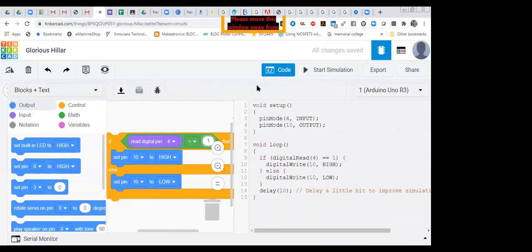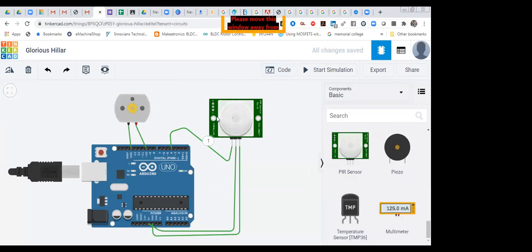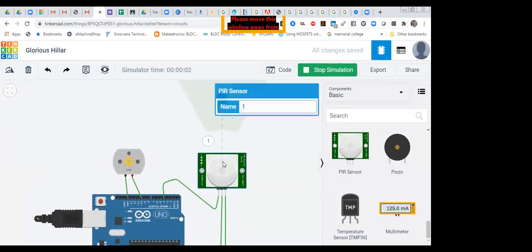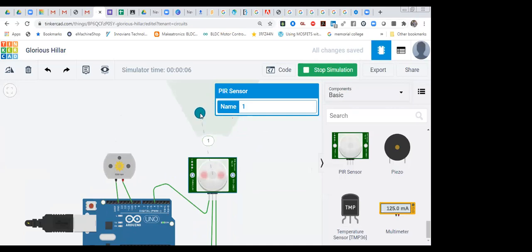So when the sensor value is high, then only this motor should work. Now it will not work. As you can see, when any person comes in front of the sensor, then only it will work. You can see it, now it is working. That is automatic door opening.